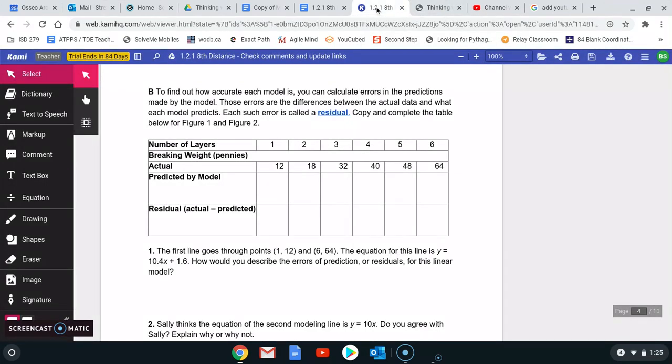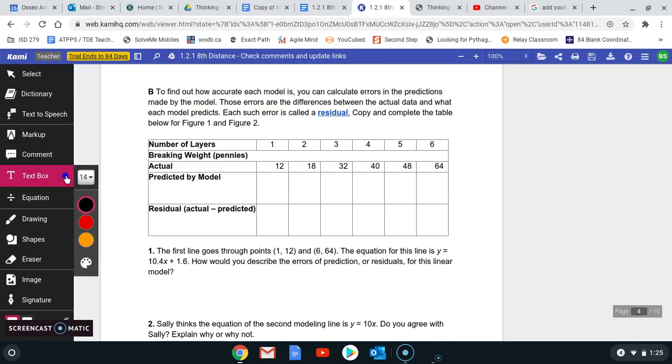So going back to our lesson, we need to fill in this table. Copy and complete the table below for figure 1 and figure 2. I see only one row for each of these, the predicted and the residual. So to put in figure 1 and figure 2, something that I might do is